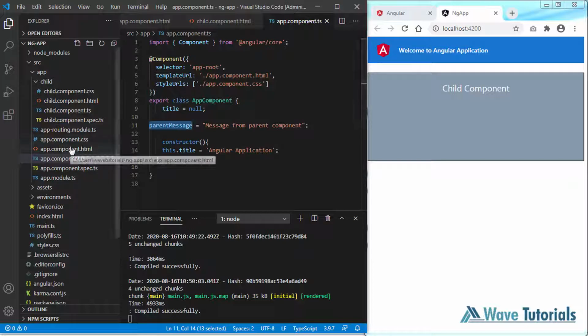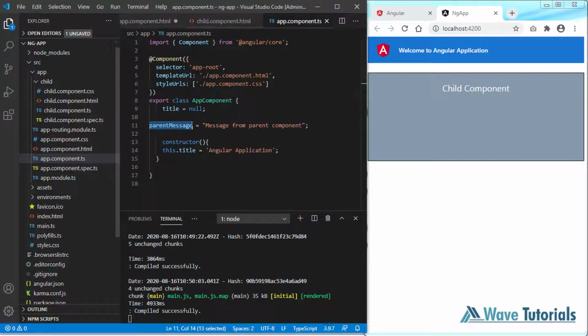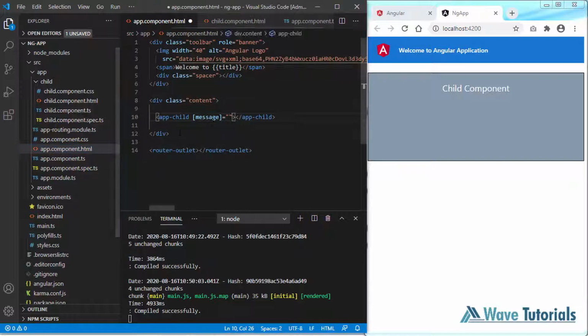So for this, let's open the HTML of parent component and here declare a variable like message and pass your variable from parent component, parentMessage. Now we have to use this variable to display the message from parent component on child component. So let's copy it,